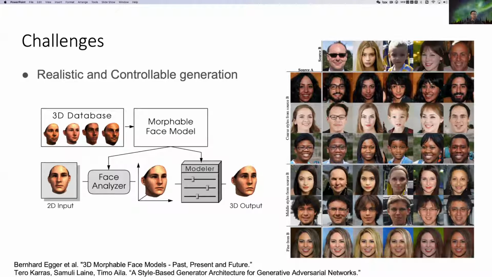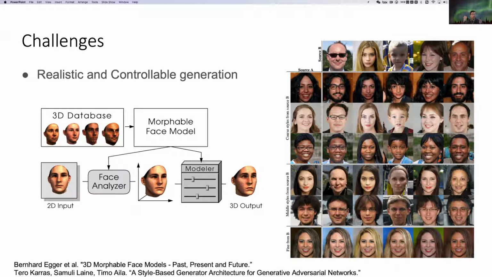And the third challenge is how to generate realistic and controllable images. For example, 3D morphable face models, which are basically 3D models, give control over semantic parameters, but lack photorealism when rendered, and only model the face interiors, not other parts of a portrait image, for example hair, mouth, and background.